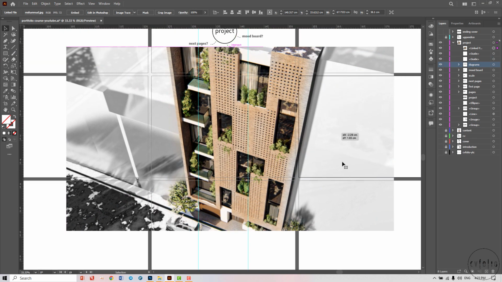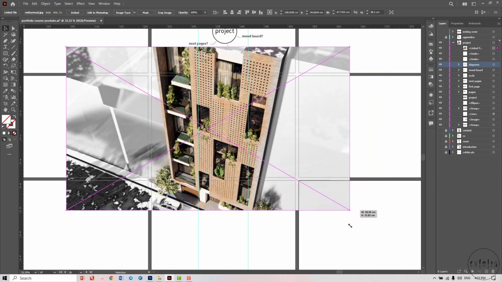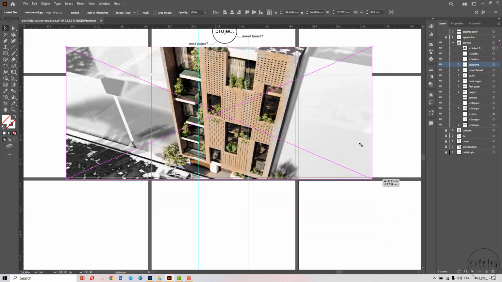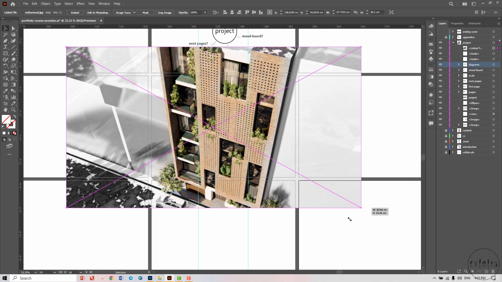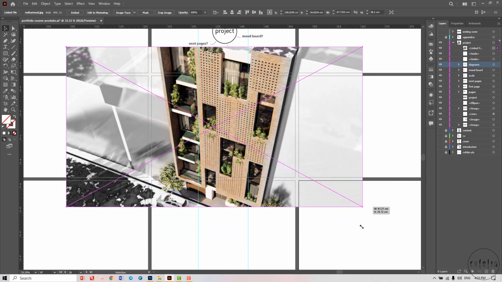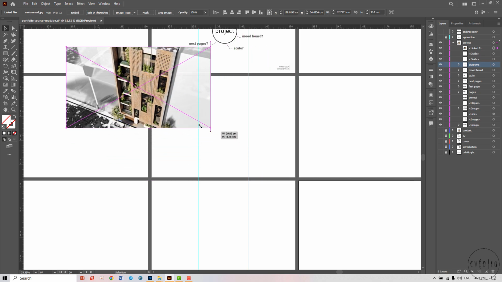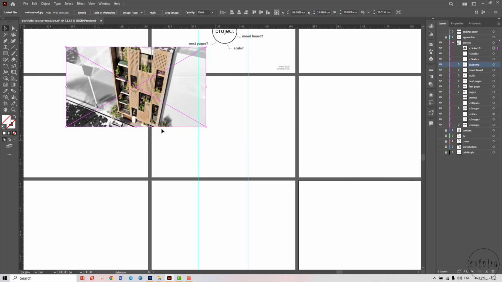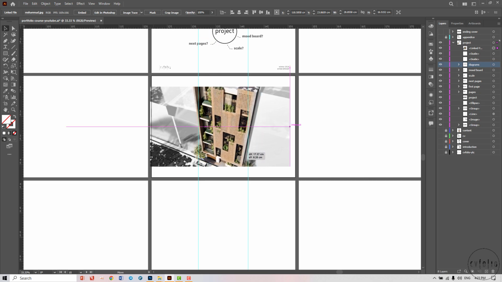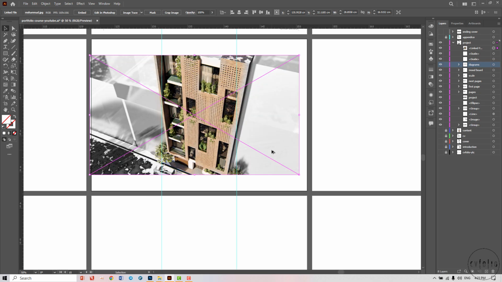I just have to resize it. So if you don't hold shift, you will see that the ratio is changing, but if you hold shift you can prevent that. And I will bring it to here. Okay,